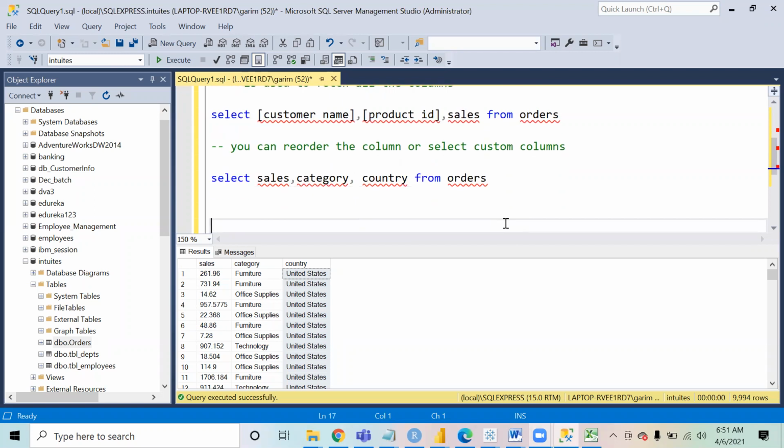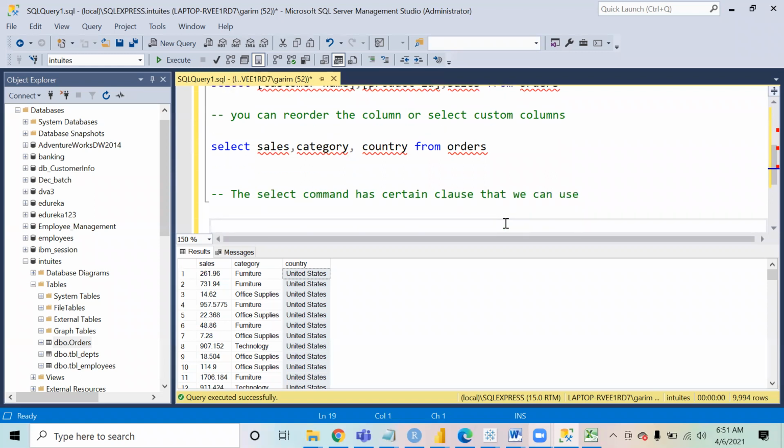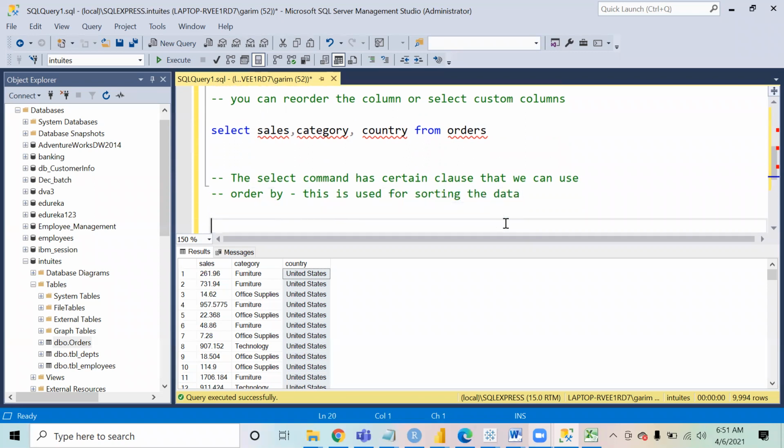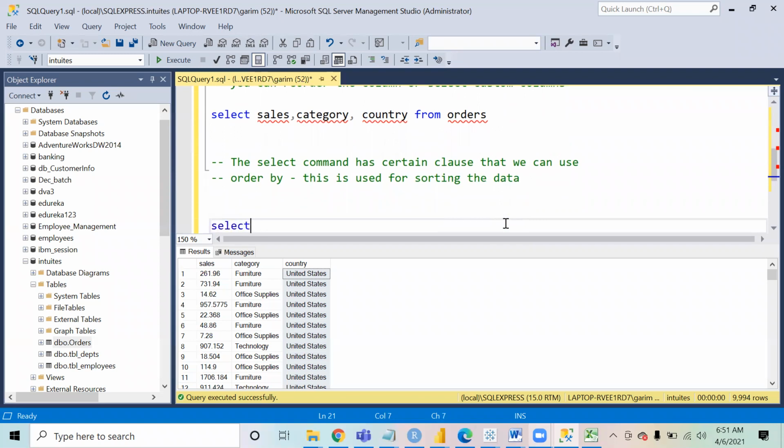Now, the select command has certain clauses that we can use. The first clause that we have is order by. Order by is used for sorting the data. You can just make the notes as well.